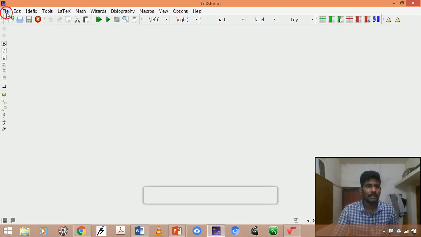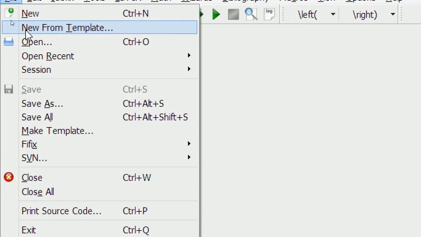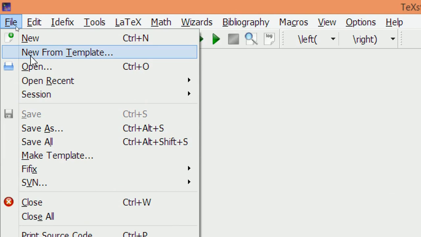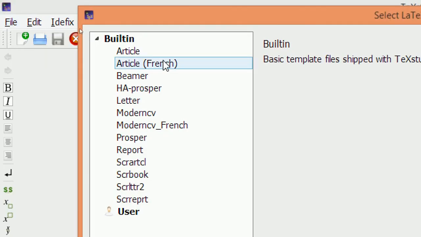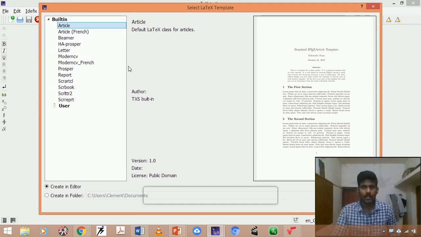Here I need to create a template. It is already fed in as a template. So you should go to this option, File, and then New from Template. Here, since I need to prepare an article, I just click article.